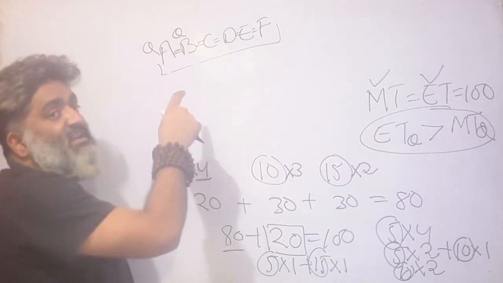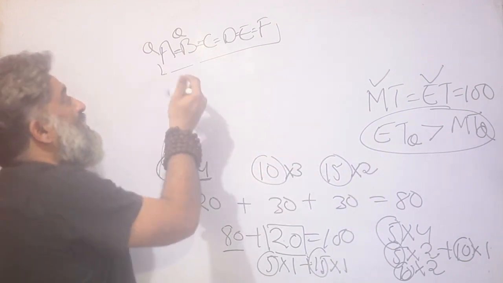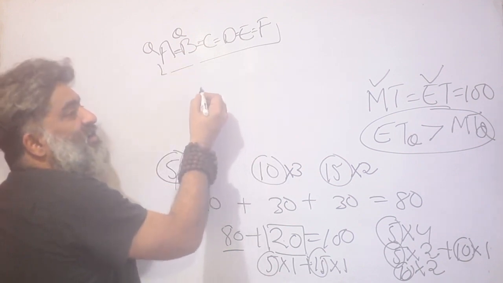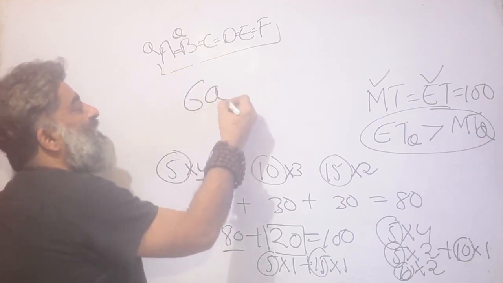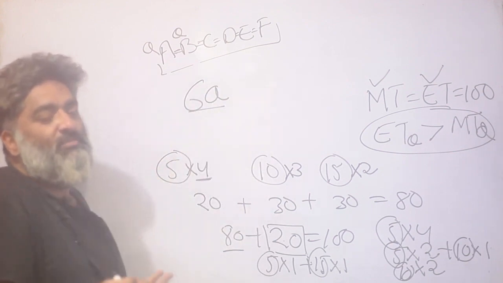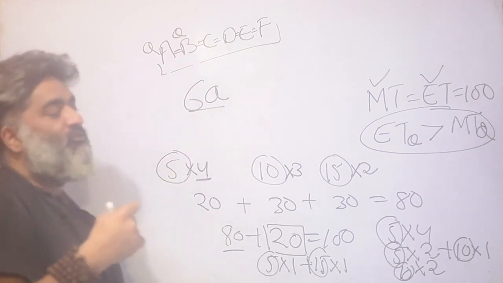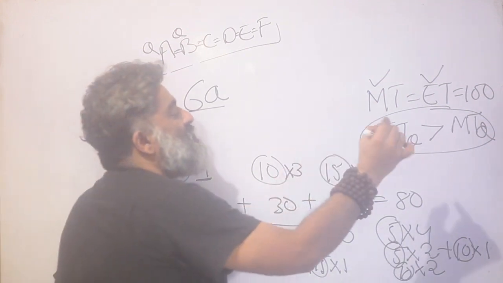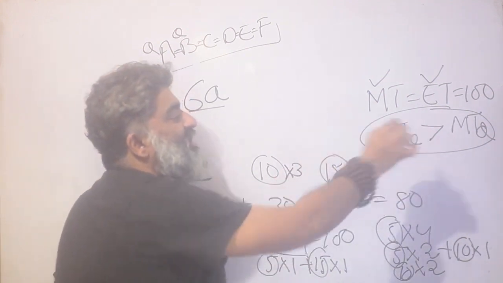So I have another key piece about the number of questions here. There are 6 people, so whatever number I'm thinking of has to be a multiple of 6, right? So the number of questions has to be a multiple of 6, and the number of questions in ET has to be greater than in MT.